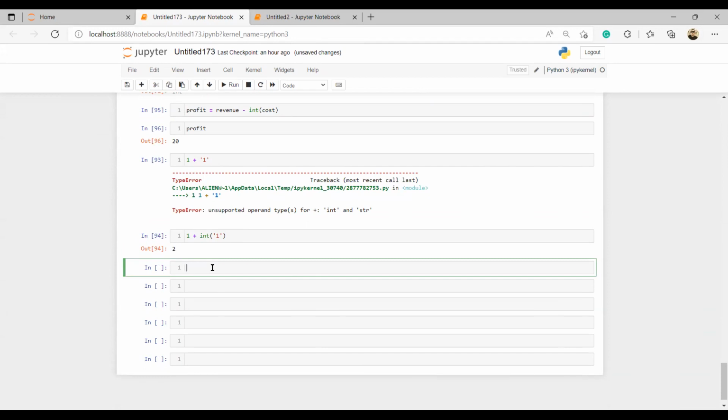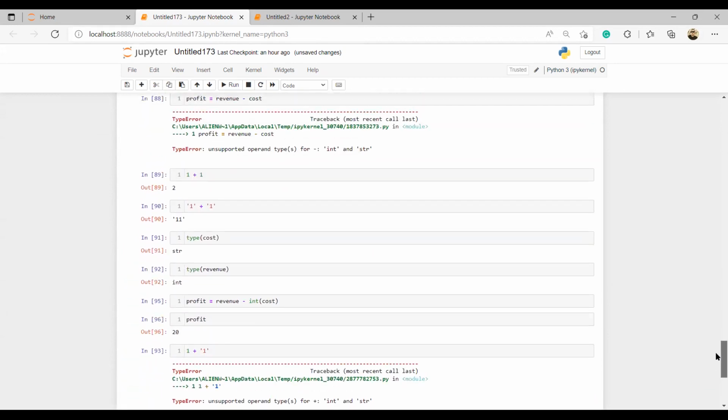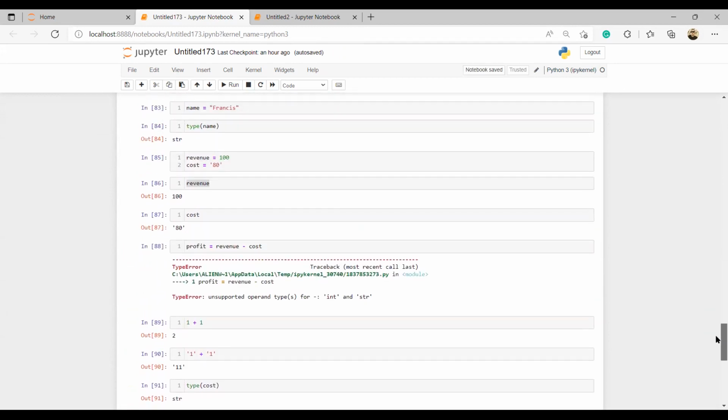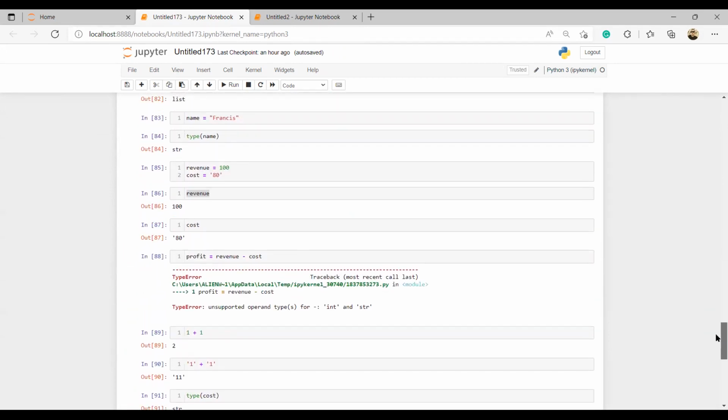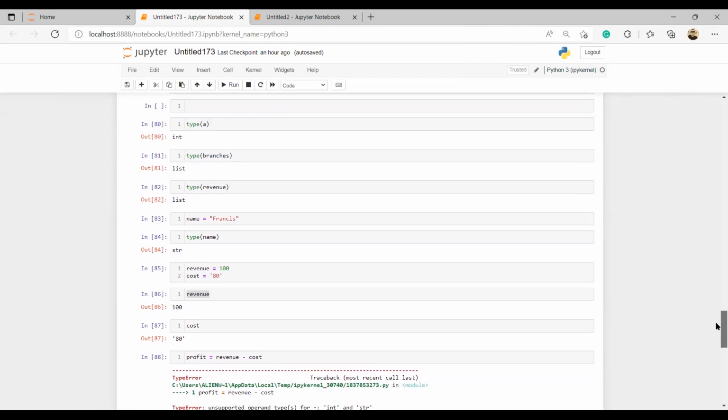Please, can you scroll up? Towards the list area. Yeah, up.